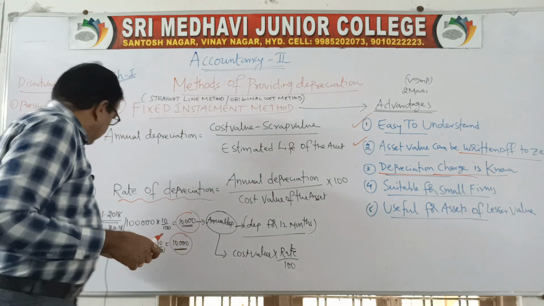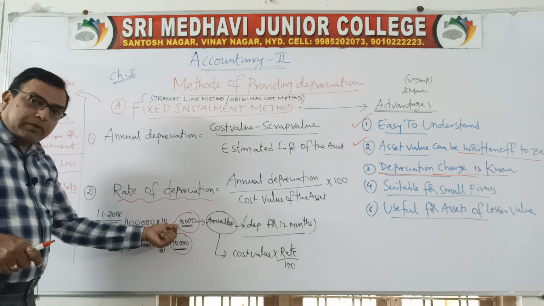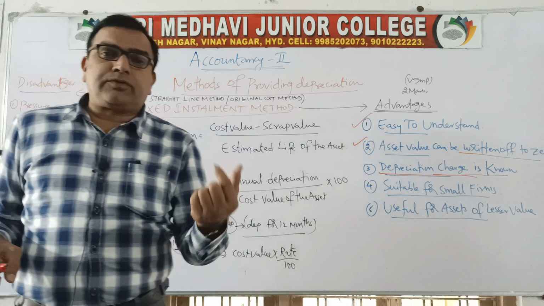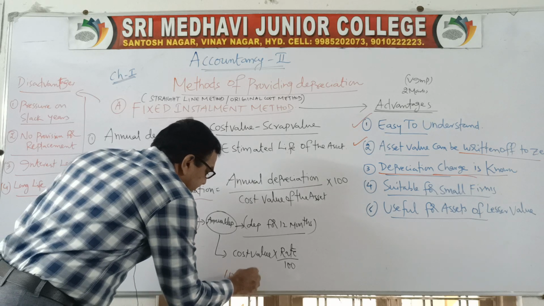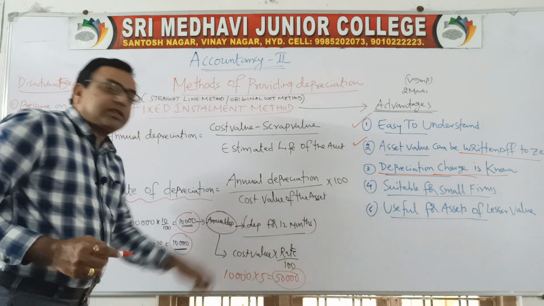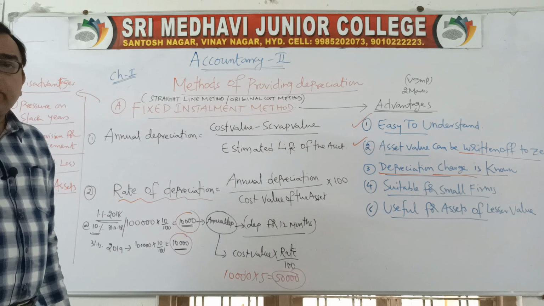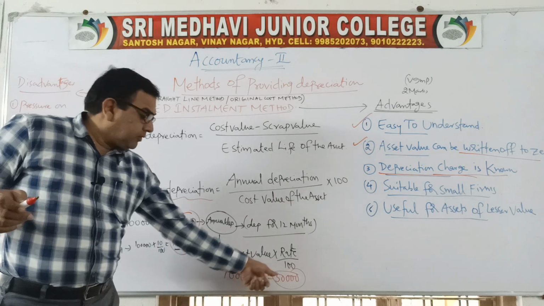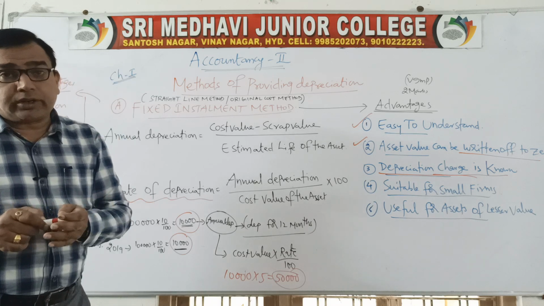So for example, this machinery was purchased in the year 2018 and every year we are providing 10,000 rupees. Say someone asked you what is the amount of depreciation for the 5 years. So simply what you can do, 10,000 into 5. So 50,000. So depreciation for the period of 5 years can be told in advance, 50,000. You need not wait for the ledger. It becomes very simple. How are we getting it? Annual depreciation into number of years will give you the total amount of depreciation provided for the particular time duration.